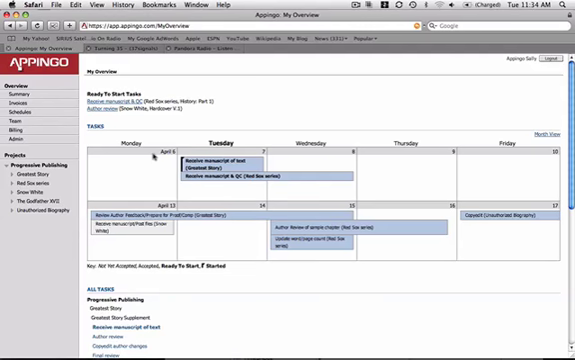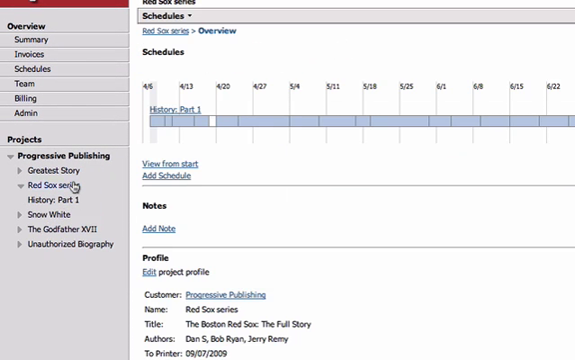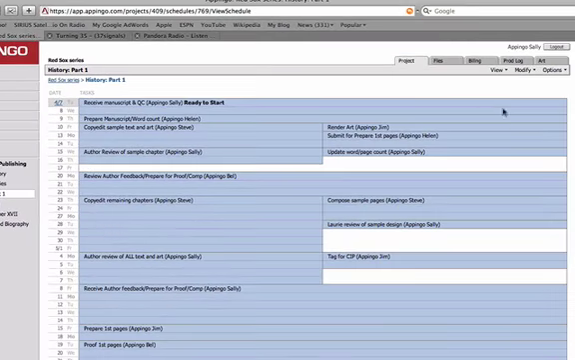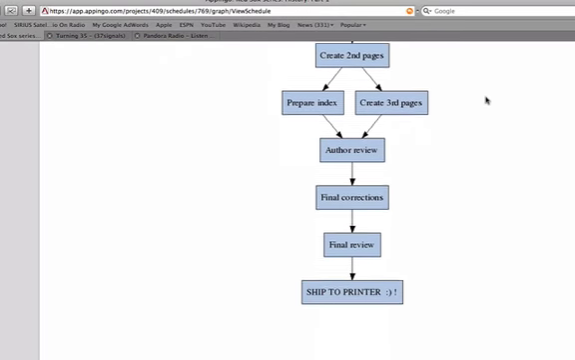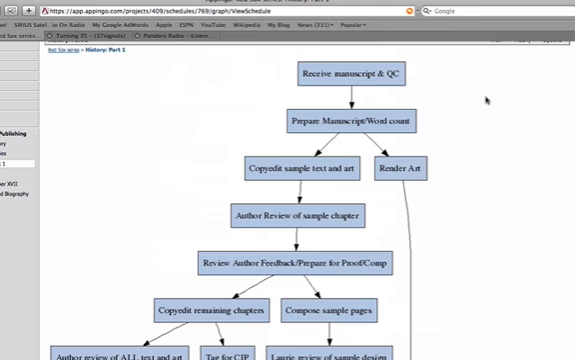Copying schedules. The ability to copy schedules in the Appingo system is one of its most important features. What this means is if you have a schedule you like, you won't have to recreate it every time you want to use it. So to copy a schedule, we'll go to our project here and look at our Red Sox series and our History Part 1 schedule. In this case, we're going to want to create a new schedule because we've got History Part 2 coming up. If we look at the graph here and we like the way that this schedule flows, and the next book in this series is going to flow exactly the same way,